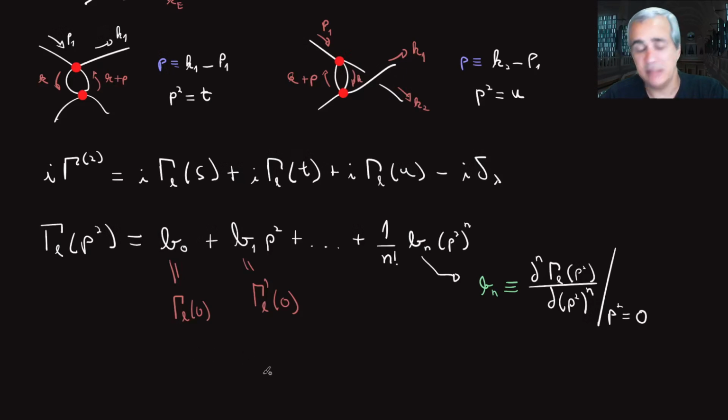Right? This can even be used as a form of regularization. It's called derivative regularization, but that's not what we're doing here. We're just using this as a trick to separate this loop that we're calculating into a part that is convergent and does not need to be regularized, and a part that contains the divergence. So before we go forward, let me prove to you that actually taking these derivatives increases the convergence of these